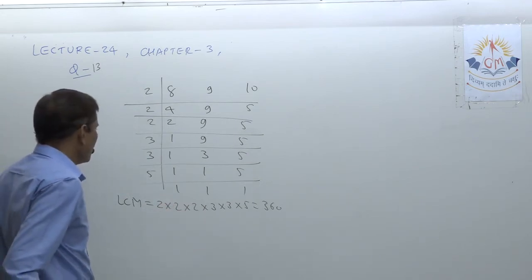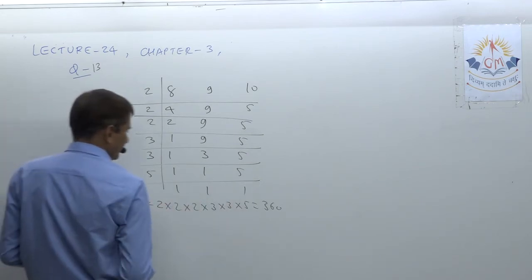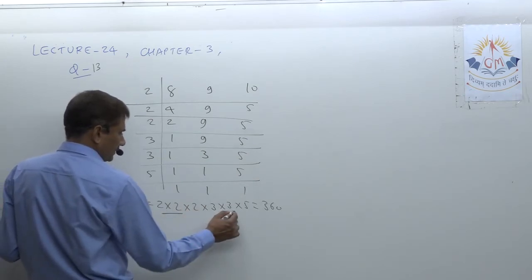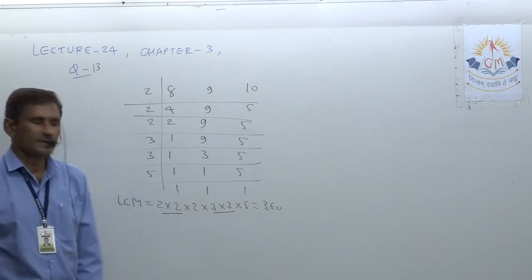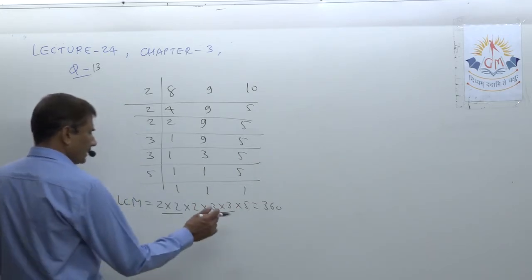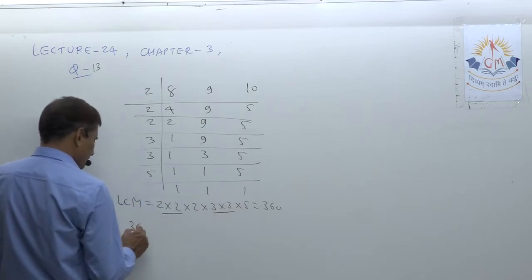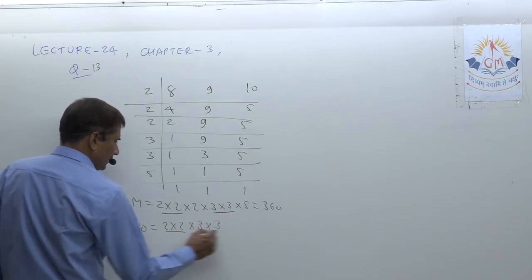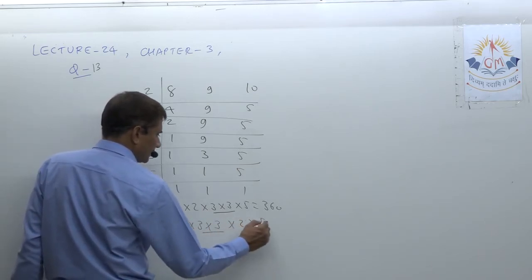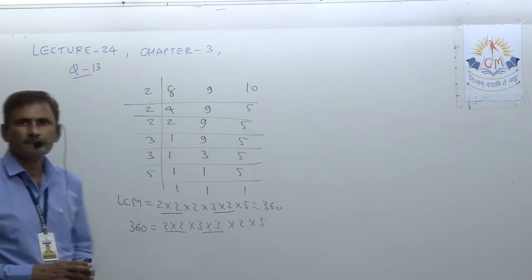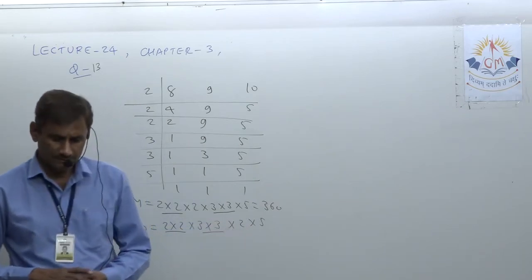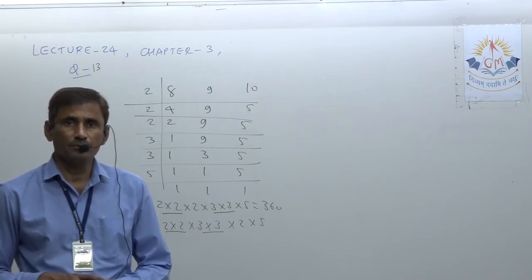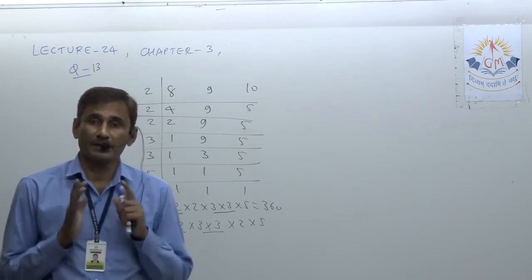So now you see it is 360, but here you can see the pairs 2 and 2, 3 and 3. Still one 5 and one 2 are not paired, so write it again: 360 equals 2 into 2 into 3 into 3, and then 2 and 5 I just arrange them. Obviously 2 and 5 are unpaired, so we should make them paired by multiplying by 2 as well as 5, means multiply by 10.